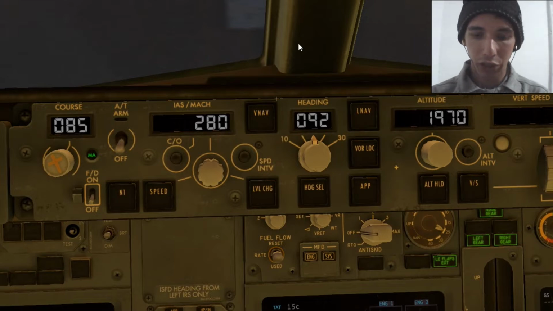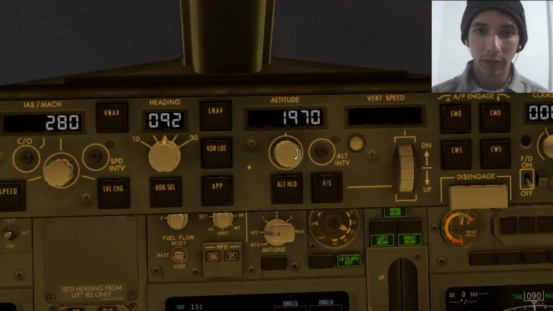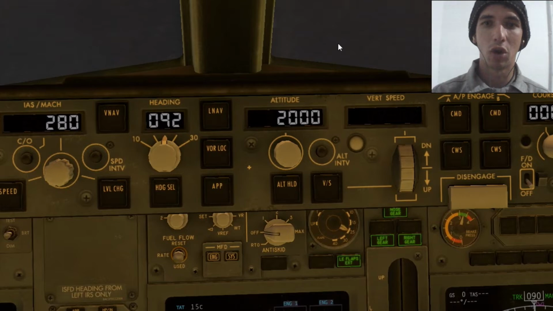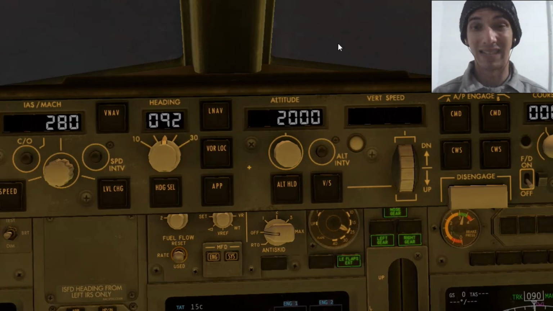So now we're gonna set the altitude. We're gonna fly at 2,000 feet because, as I told you before, this is going to be a very short flight. Usually airplanes fly at an altitude of 40,000 feet, depending on the flight. If it's a long flight, easily 40,000 feet. Sometimes 43,000 feet. It depends